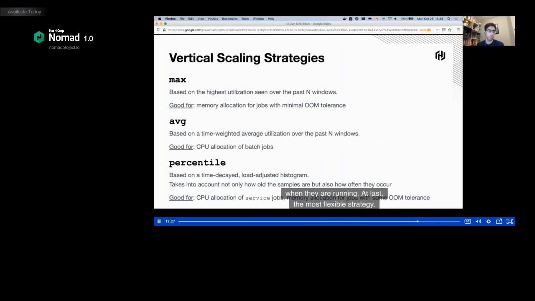Unless the most flexible strategy is the percentile, because it allows you to actually define which percentile level you want to use. Now, when you're computing the percentile, it's a bit different than what you get from normal APMs or Prometheus. The difference is that since we are using this window-based approach, where we are aggregating the time series into windows, we're actually looking at not only how old the samples are, but also how often they occur,